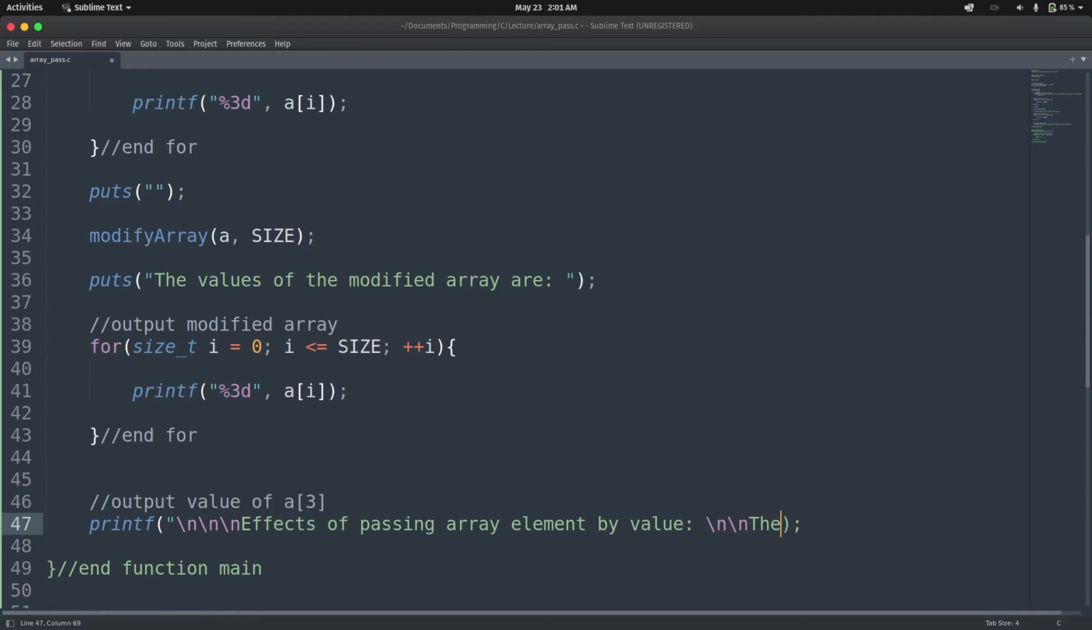And then just as we did in the same string that we printed out when we pass the array to a function, we just want to prompt the user. This is how the array element is before passing it to a function. So the value of A3 is